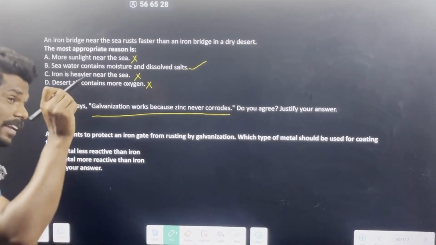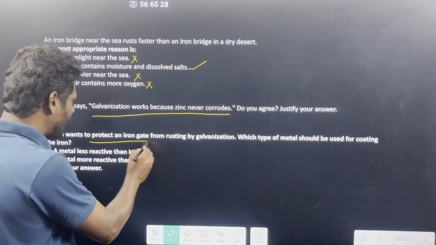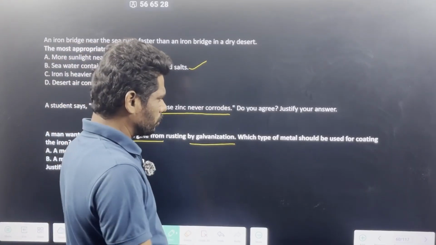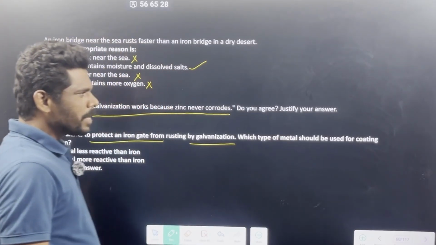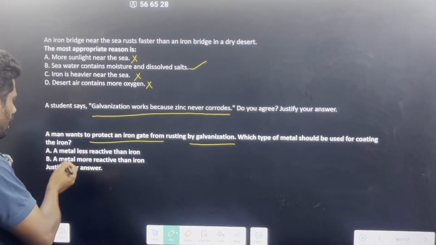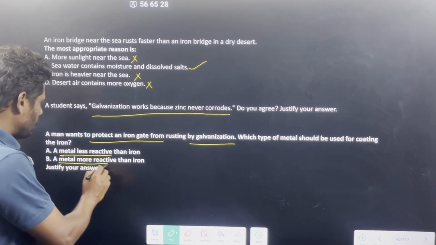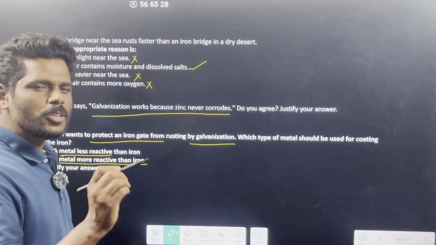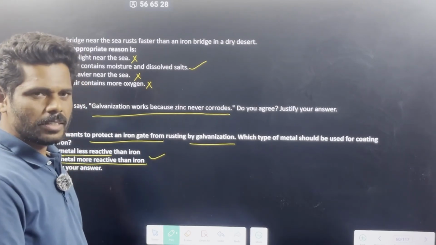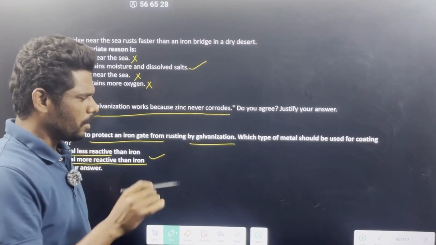So here, another interesting question. A man wants to protect an iron gate from rusting by the process of galvanization. Which type of metal should be used for coating the iron? The first option is a metal less reactive than iron, the other is a metal more reactive than iron. Which metal should be used? If you are able to answer the third question, you will be able to answer the second question as well. So before we